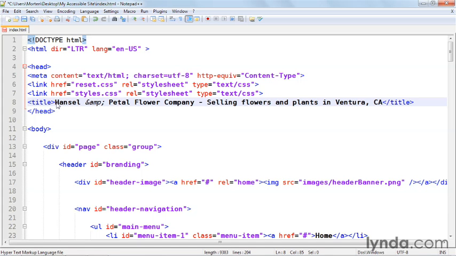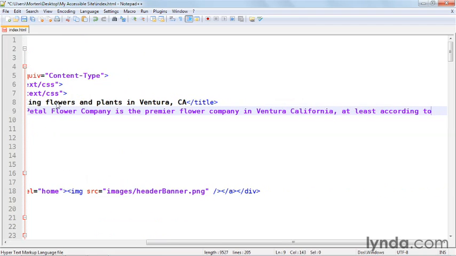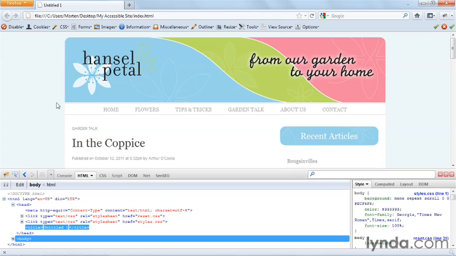That's the title tag. I also want to add the description tag though. So I'll go here and create a new line, and then I'll say meta, and give the meta the name description. And then I can put in content. So here I can write a longer description of what Hansel and Petal Flower Company is all about. I just have to end my meta tag, and now I can save the page, reload it in my browser,